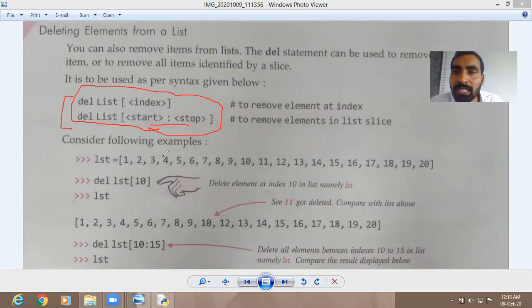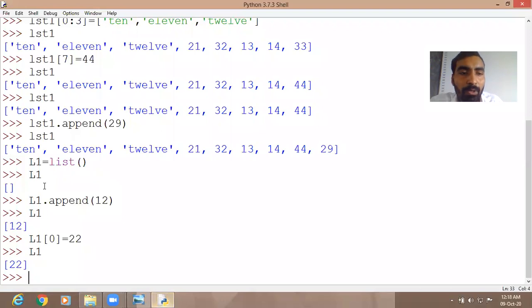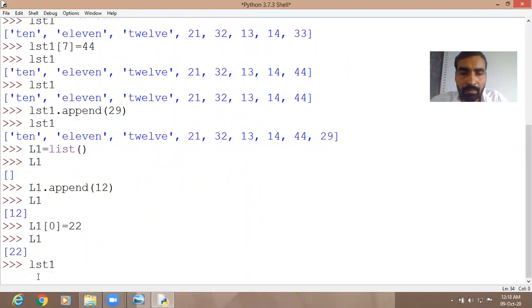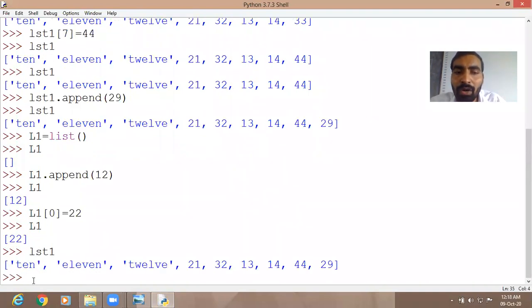Now see here, I am going to use this del statement to delete a particular value from the list. Suppose here we have the list LST1. Check the value first, LST1. These are the values. Now in this list, I want to delete 10, 11, 12, which are written in the form of words. So what I will write: del, then the list name LST1, del LST1, square bracket, write the range from 0 to 3, 0, 1, 2. So 3 minus 1, that means up to index 2, it will be deleted. Now press the enter key.